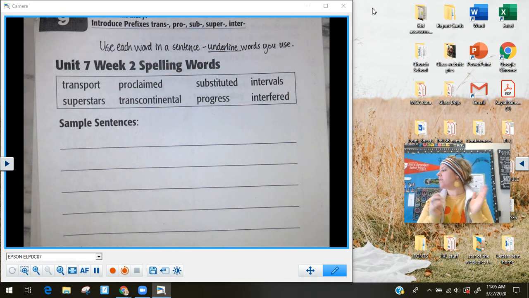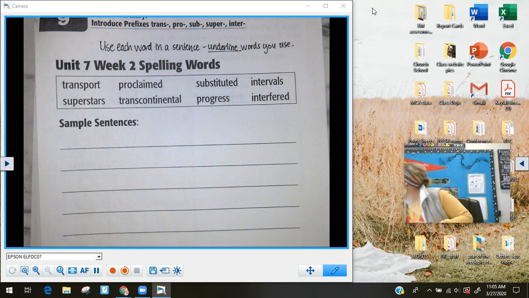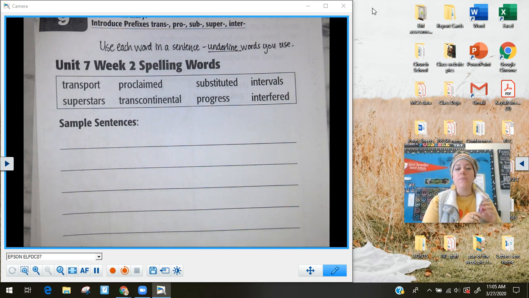Okay, our lesson for today is talking about prefixes. So we've talked about prefixes and we've talked about suffixes. Now, a prefix is something that comes at the beginning of a word. If you think of the word preview, like the previews come on,